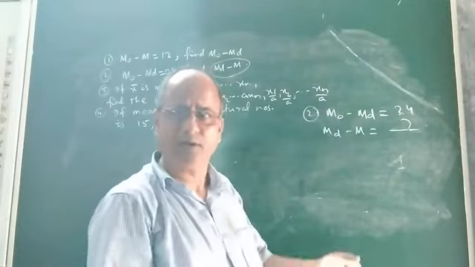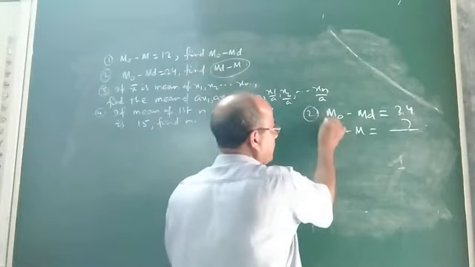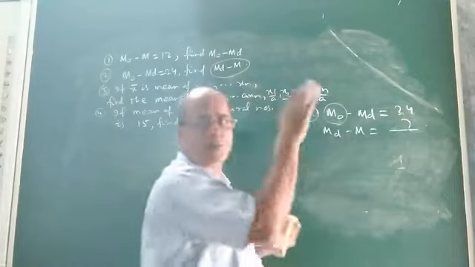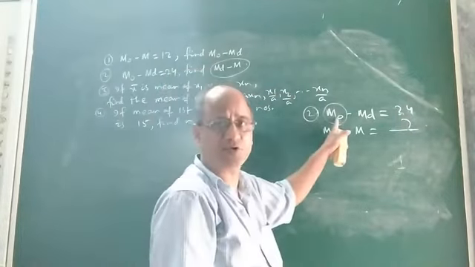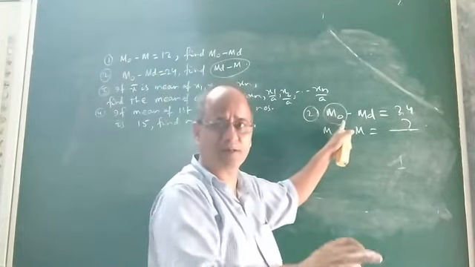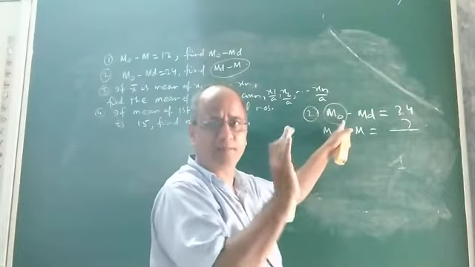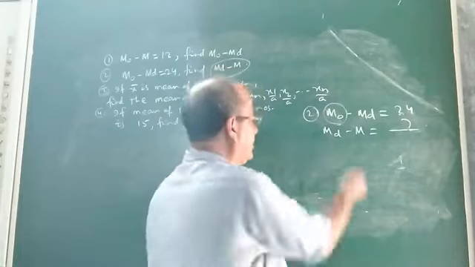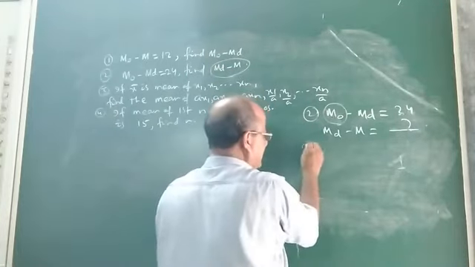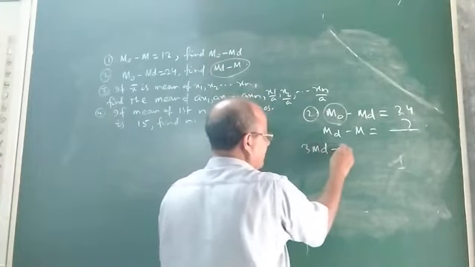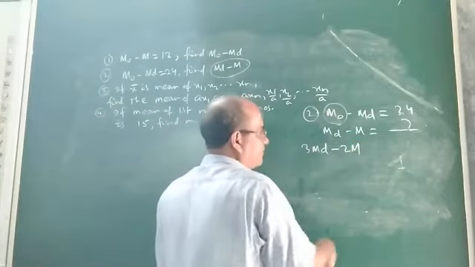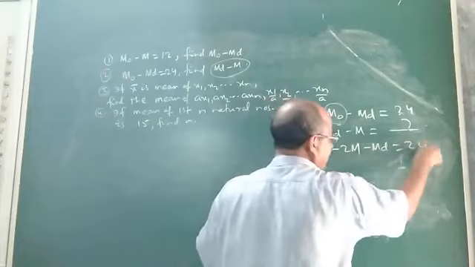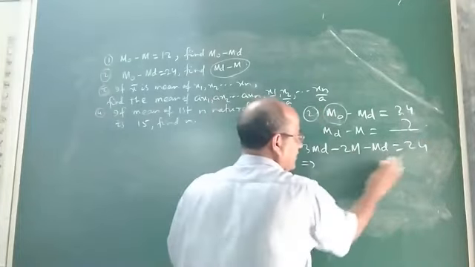How to do this? It is very simple. You know the formula for mode. In this equation, just substitute the empirical relation which gives the relation between mean, median and mode. You know the formula for mode in terms of median and mean. In place of mode, it is 3 median minus 2 mean. So 3 median minus 2 mean, minus median, equals 24. Now you got an equation, you solve it.